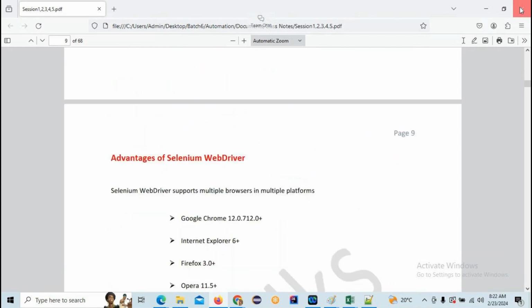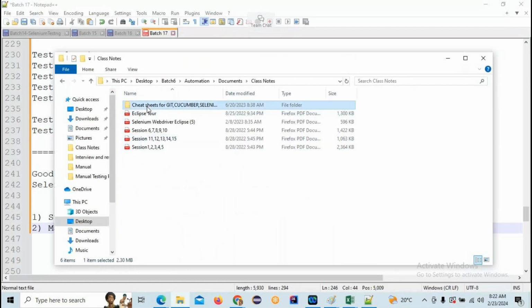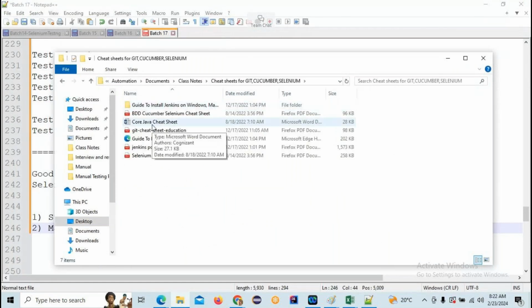Apart from these documents, we have cheat sheets. For example, if you have an interview today at 10 o'clock, in this 1.5 hours it's not possible to recall all the concepts, right? At that time, you can easily recall the concepts by using these cheat sheets. So if I open this document, you can see,